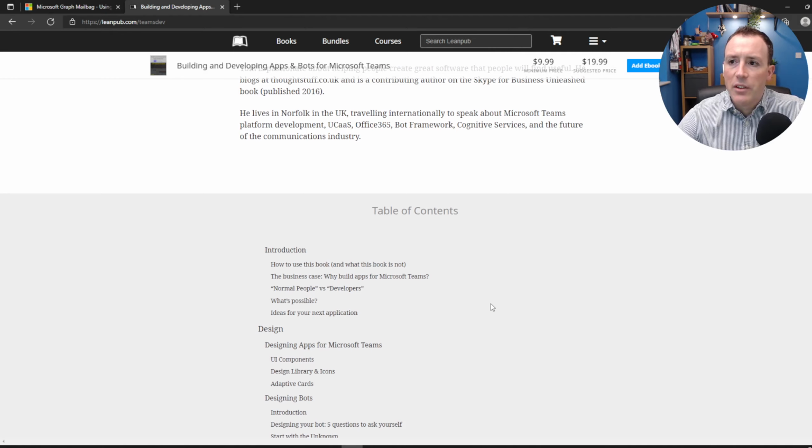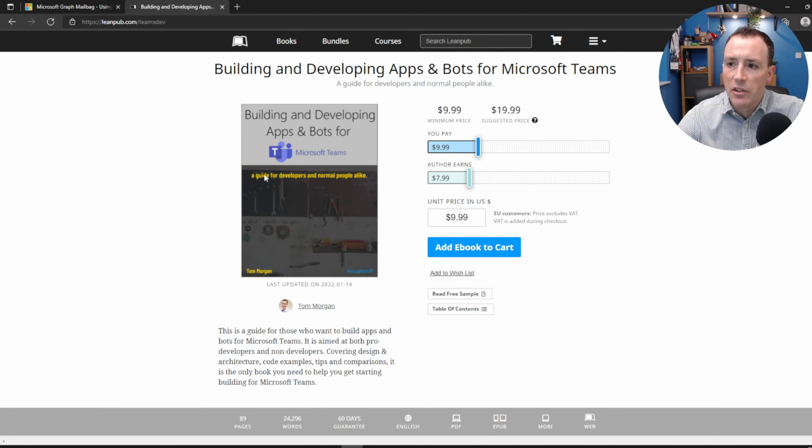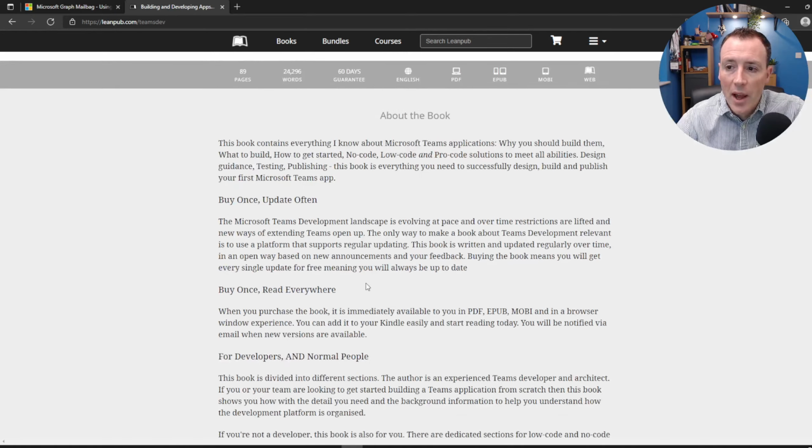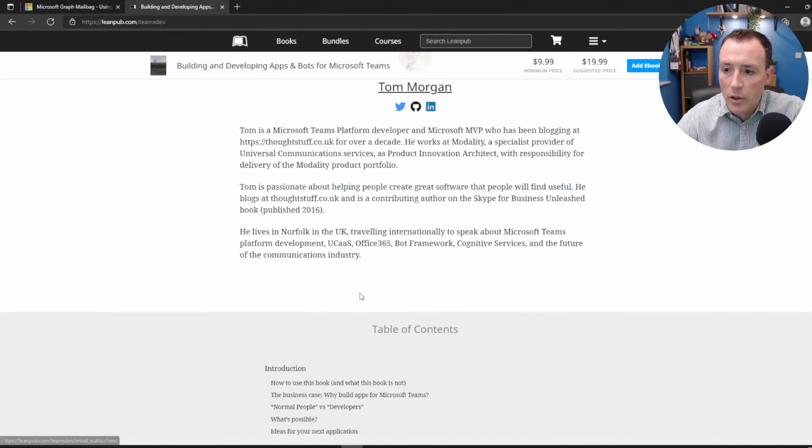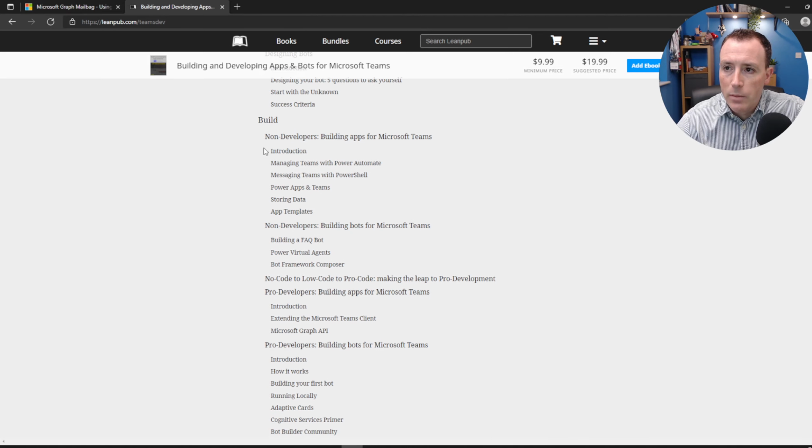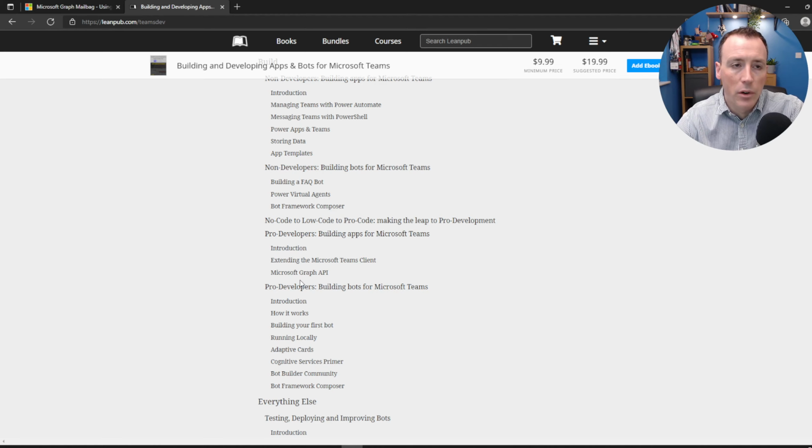One of the interesting things is that this book is split very much into a guide for developers and a guide for everybody else. So that means that you don't have to be a developer to buy and get value out of this book. If you're normal, then I think you're going to get a ton of stuff out of it as well. And you can see in the table of contents, especially around the build section, that's very much split into non-developers and pro developers. There's definite value to both camps reading all of the things, but I wanted to split it a little bit like that. So if you're diving in, you've got good places to start.